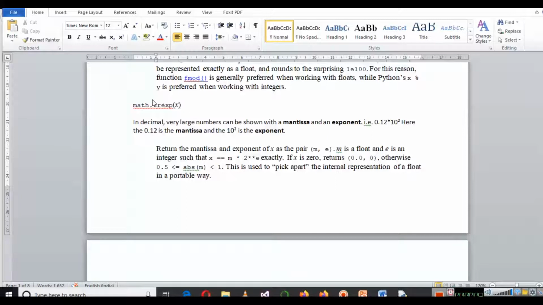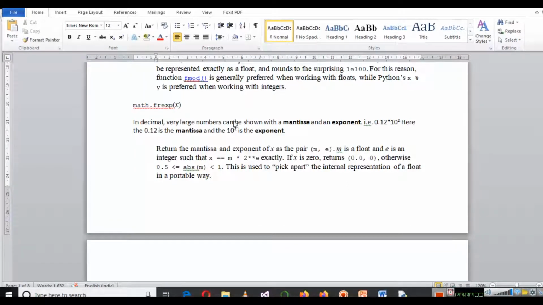So the next method in the Python math module is the frexp method. This method is used to calculate the mantissa and exponent of any particular number. In decimal, very large numbers can be shown with mantissa and exponent values. You might have seen this in calculators also, if your calculated value is very large.